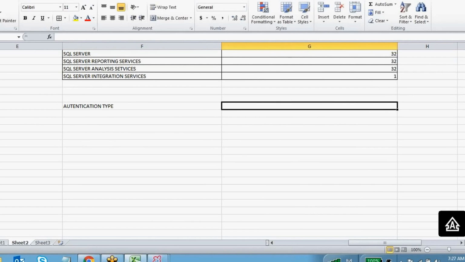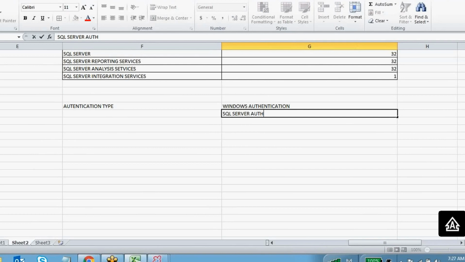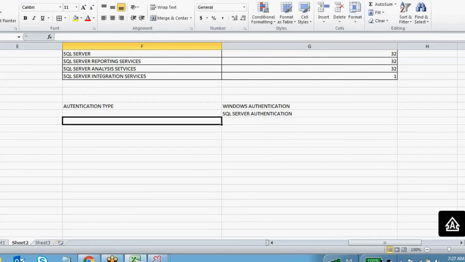There are two kinds of authentication type. One is Windows authentication. The second one is SQL Server authentication. Authentication checks, before you log into SQL Server, whether you are a trusted connection or not.